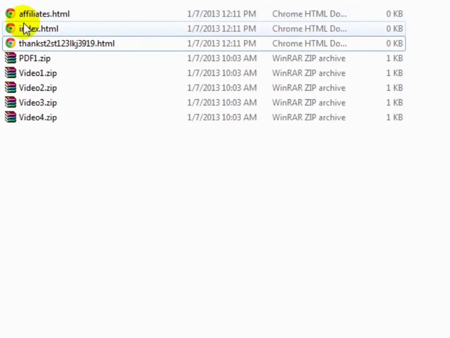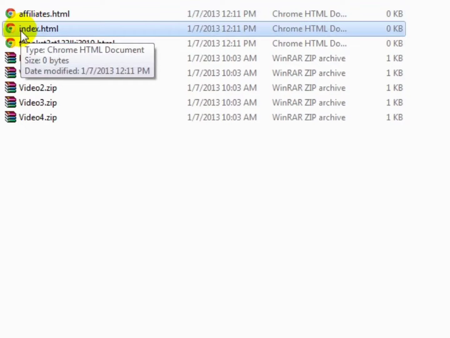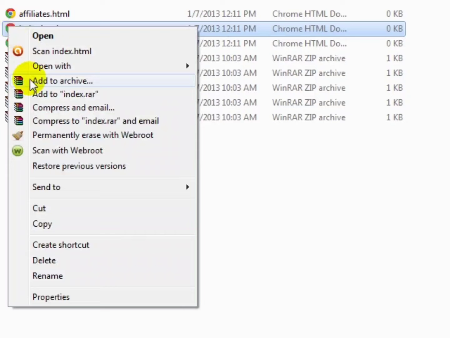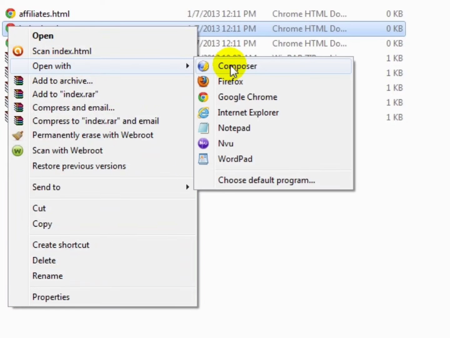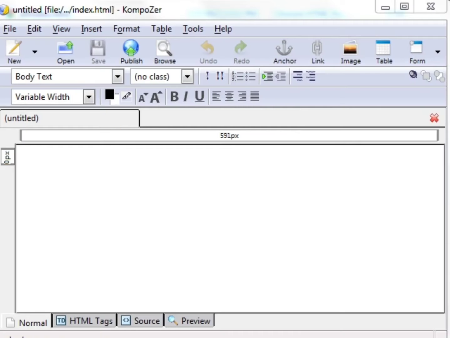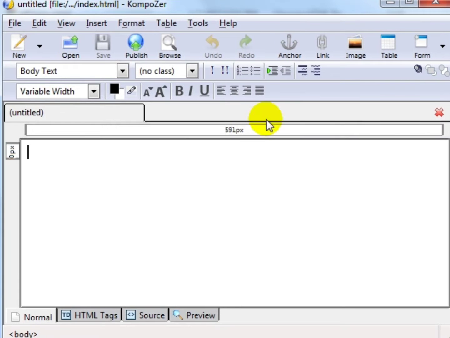I'm going to start with the sales page. So go ahead and click on the index.html file. Go ahead and right click and click on open with Composer. And this is what Composer looks like. As you can see, it looks pretty much like Microsoft Word or any other type of Word document editing tool. And as you can see here, we can